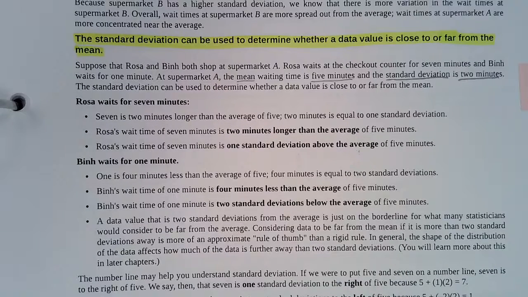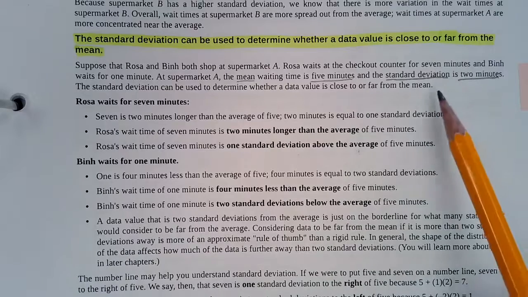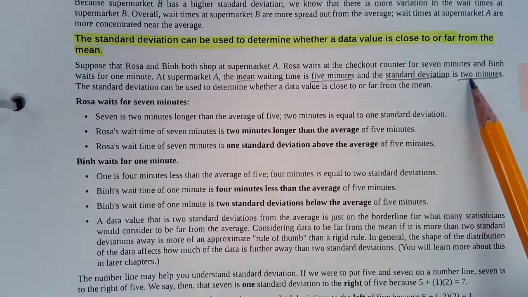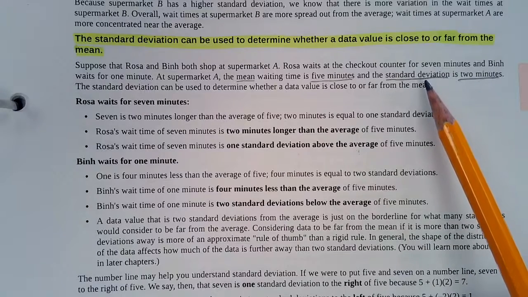So let's say that Mr. Shah went to the same grocery store and he had to wait 7 minutes. He would be like Rosa, waiting 7 minutes, and he would be 1 standard deviation above the mean. Now let's say that Mrs. Whatcott went to the same supermarket and she only had to wait 2 minutes. That's 3 minutes less. If one standard deviation is 2 minutes, she had 3 minutes less, so she would be 1.5 standard deviations